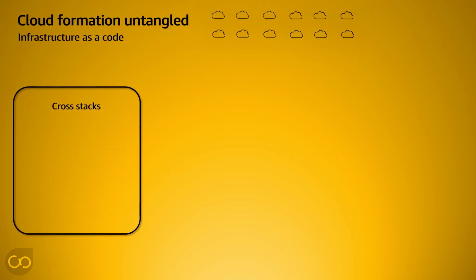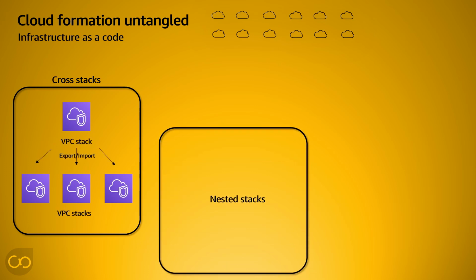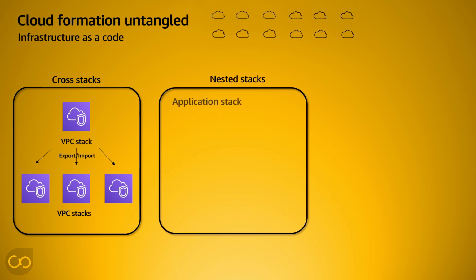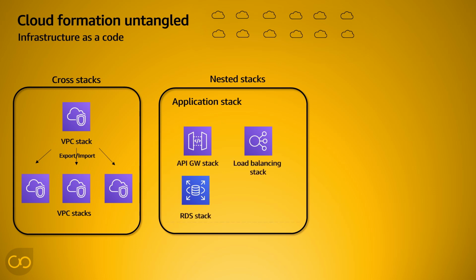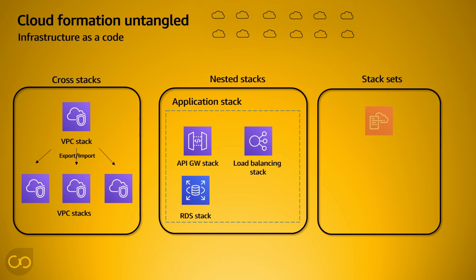If you move forward, there is CloudFormation advanced. That's something that I want to disclose for you. There are cross stacks, so you can create different stacks for different VPCs, for example, and they can import and export data between each other. There are also nested stacks. For example, you have different applications. It's like embedded code for API gateway, load balancing, or RDS, like code in the code. It's similar to modules. And then you have stack sets, where you have different CloudFormation stacks for different accounts.